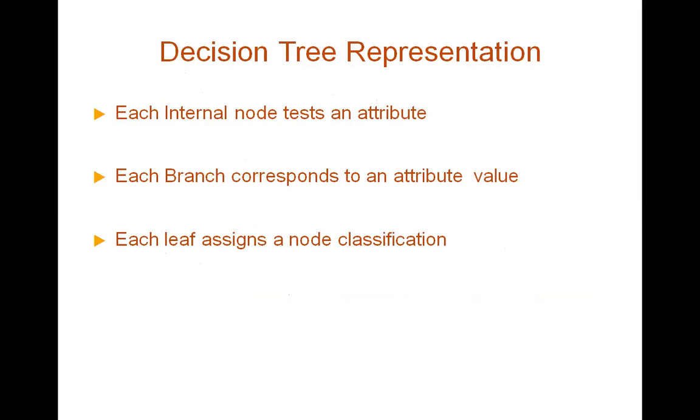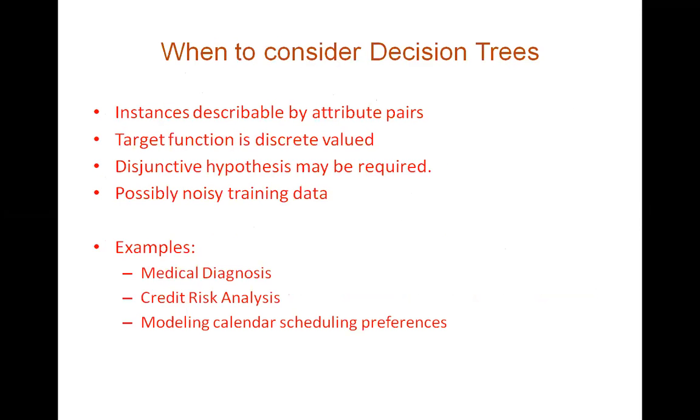Nodes will be there, branches will be there. Branches are nothing but the values of the attributes. Nodes are nothing but the attribute itself. A leaf will represent the final classification, if it is yes or no. So that is the overall concept of a decision tree. Is it clear? How to construct the decision tree, what will be there in a decision tree, how to construct, we have not studied. You have seen a data set and its equivalent decision tree.